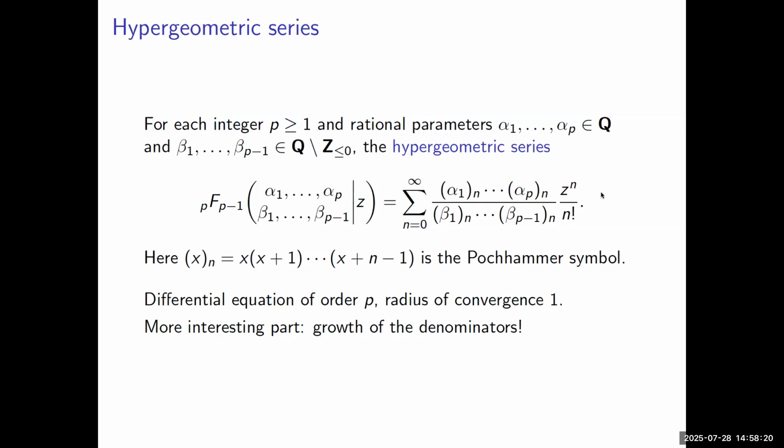So this is a differential equation of order p. The radius of convergence is 1 because of this balanced number of alphas and betas. And the interesting part is the growth of the denominator. So this is what is proved in Siegel's paper. You need to study a bit the p-adic valuation of this thing, and this is done with the kind of formula that generalizes the p-adic valuation of n factorial. Okay, so